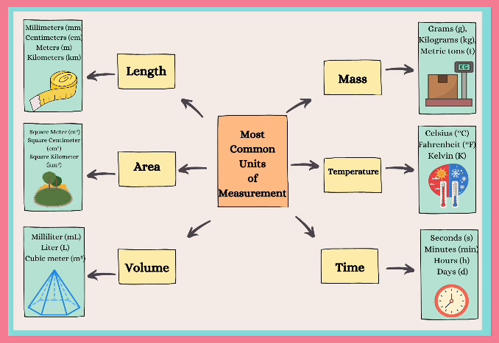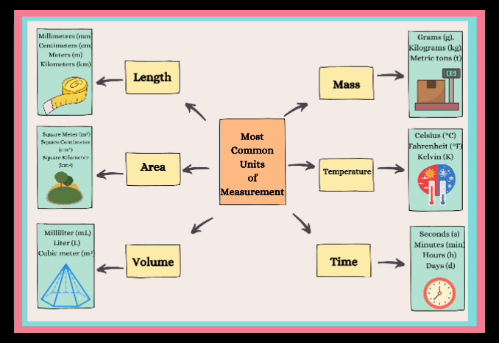In the metric system, we use units like millimeters, centimeters, meters, and kilometers. For example, millimeters are great for measuring tiny things like the width of a pencil tip, while kilometers are used for vast distances like the length of a marathon. In the imperial system, we have units such as inches, feet, yards, and miles, each serving a different purpose, from measuring the height of a person in feet to calculating the distance between cities in miles.